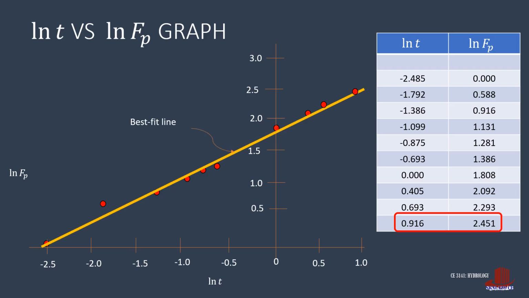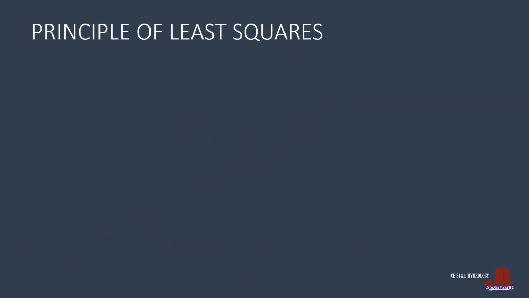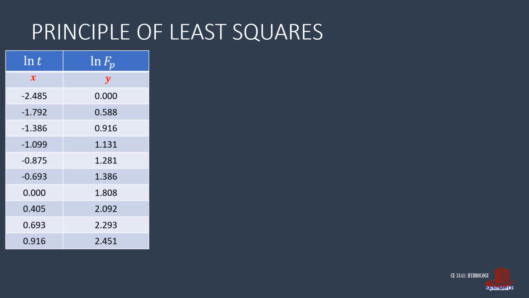Take the best fit line with the format of y equals mx plus b. To be able to have the best fit line, use the principle of least squares, where from y equals mx plus b, m is solved as n times the summation of xy less the summation of x times the summation of y, all upon n times the summation of x squared less the square of the summation of x. From the numerator, we still need to generate a table for the summation of xy.